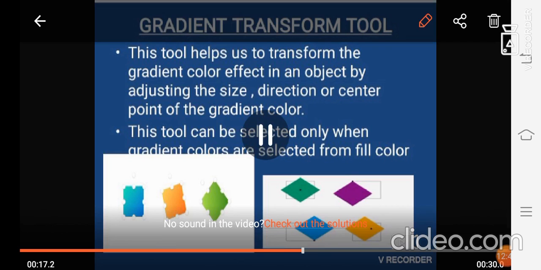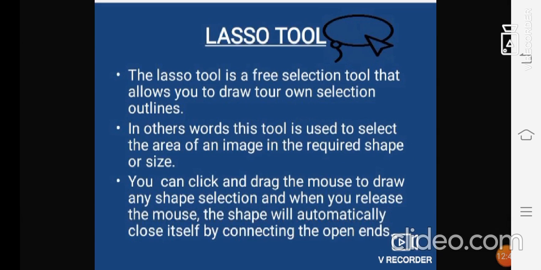Now we are moving to the lasso tool. The lasso tool is a free selection tool that allows you to draw your own selection outline.